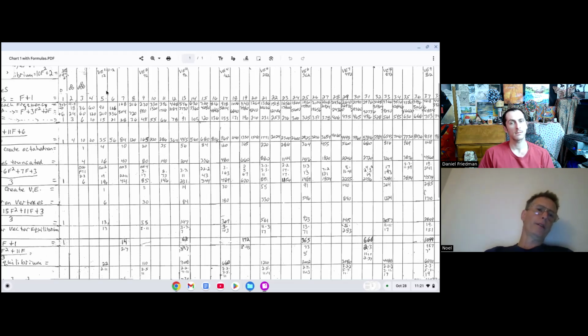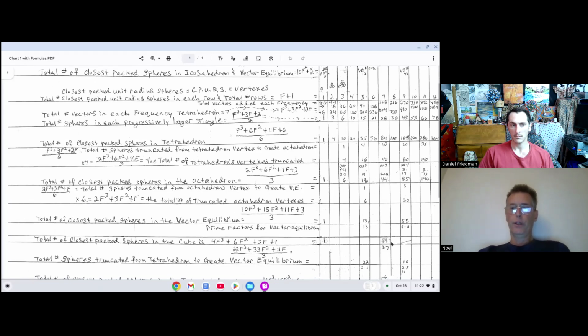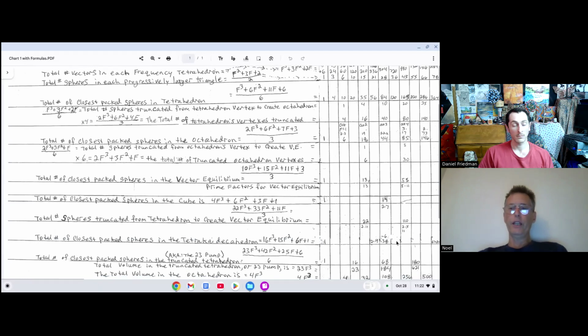So my point being then, Dan, long story short, is this is the current number chart that's on the walls in mathematics classes in our elementary schools, 1 to 100. When we put the rest of this chart together and teach children how to count synergetically, by way of, now add these numbers together, children, you get the triangular numbers. Add the triangular numbers together and you get the tetrahedral numbers. Fractionate the tetrahedral numbers at every second, third, fourth, and sixth frequencies, and you get the octahedron, the vector equilibrium, the cube, the truncated tetrahedron, and the tetrakaidecahedron.